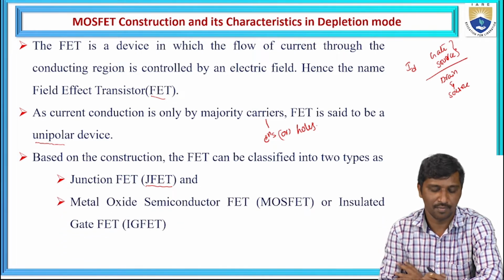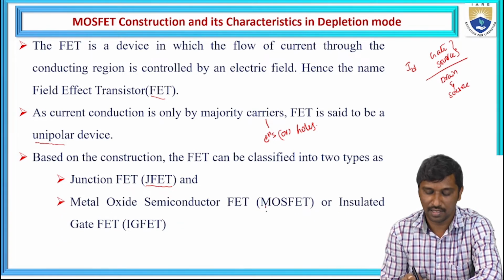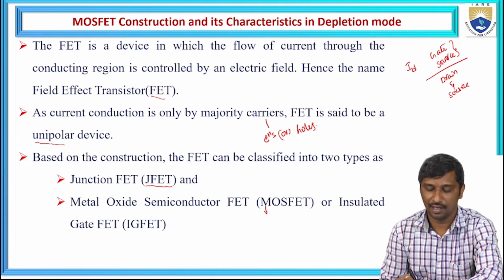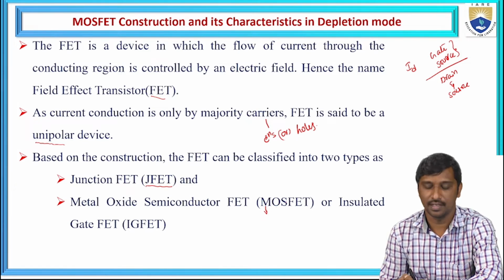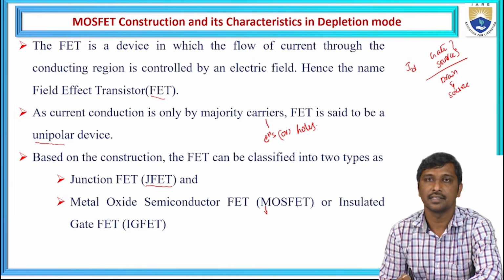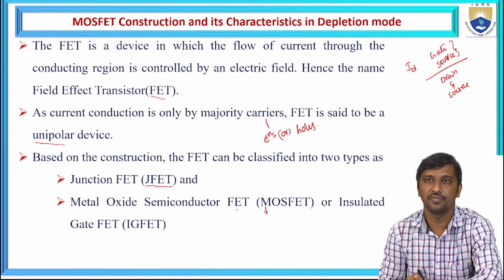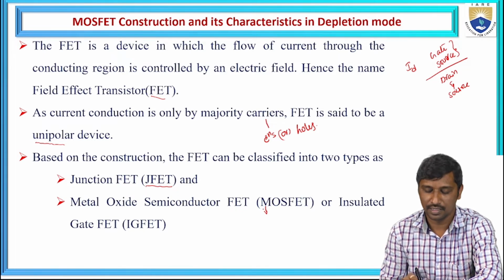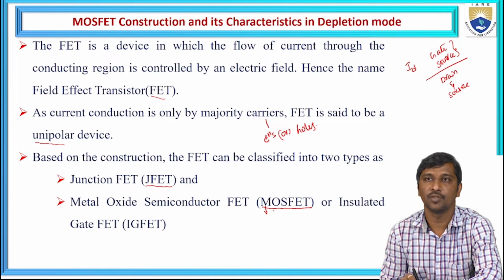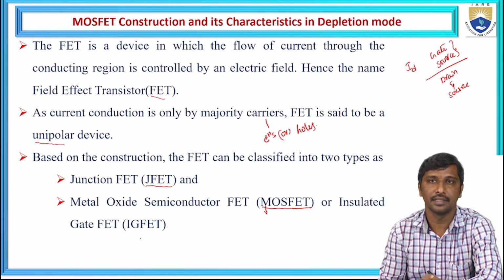Another one is the MOSFET, where M indicates metal, O is oxide, S is semiconductor, and then field effect transistor, that is, metal oxide semiconductor field effect transistor. It is represented as MOSFET, and it is also called the insulated gate